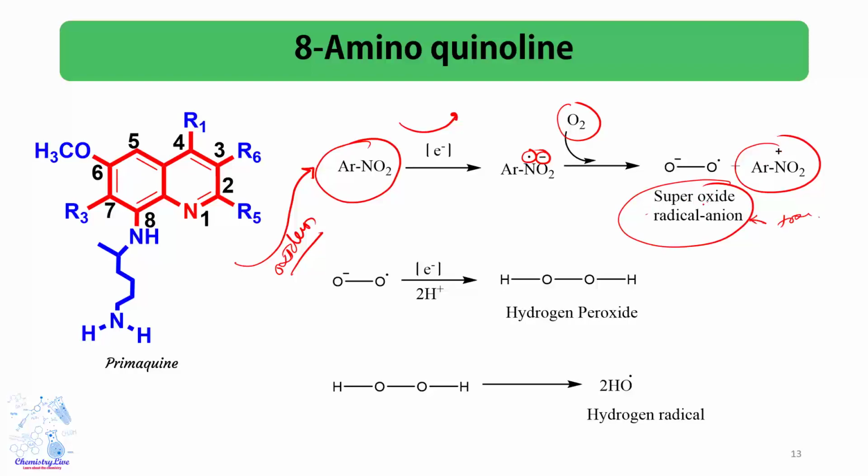That superoxide again takes an electron and also 2H, which is removed from here, and then forms hydrogen peroxide. It is dangerous. We write H2O2. It is dangerous for the body as well, and for the cell particularly. That hydrogen peroxide again converts into the hydroxyl radical. So when hydrogen peroxide converts into the radical, then it is difficult for the cell to survive.